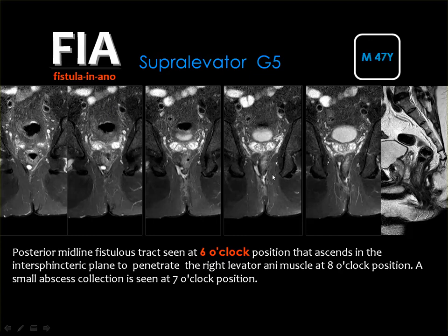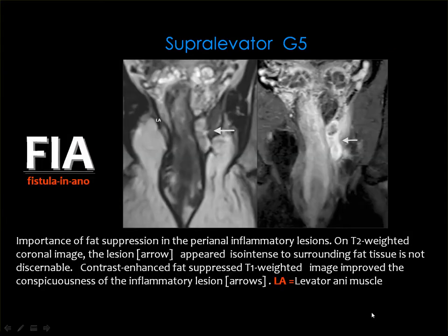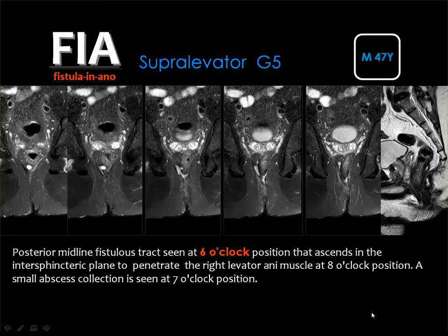Then if you follow the right one and you go with the branch, then you can easily appreciate that there is part of the fistula above the level of the levator ani. But if you look here, this is the sagittal image, and this is the fistula tract, and this is the levator ani, and you got part of the fistula below the levator and another part above the